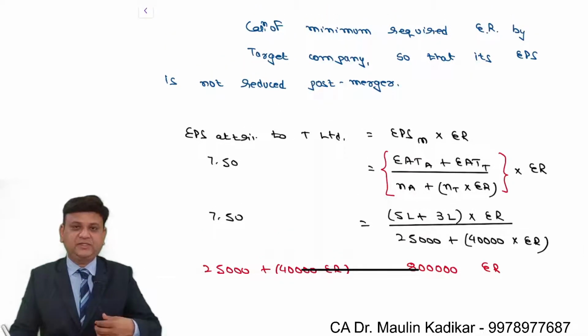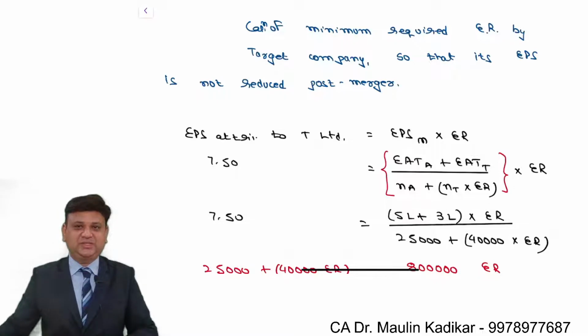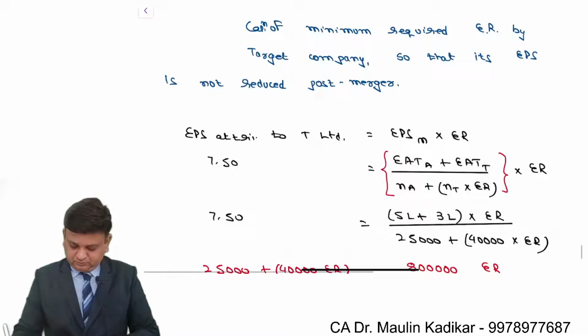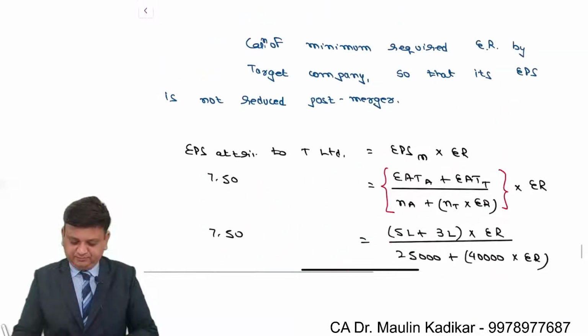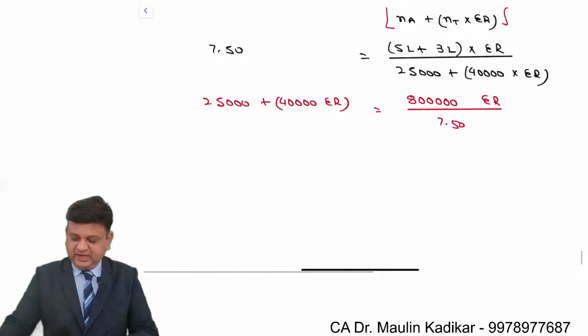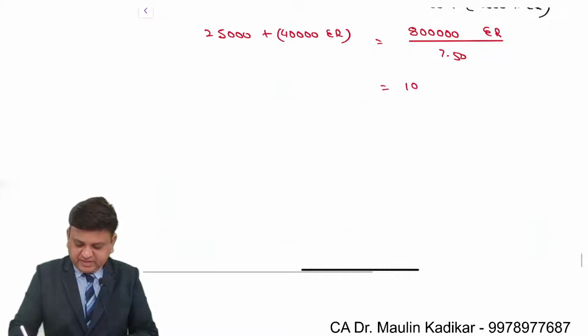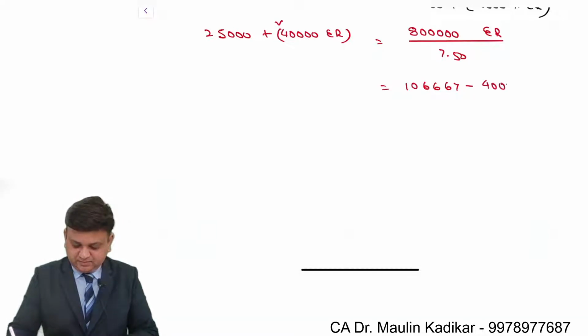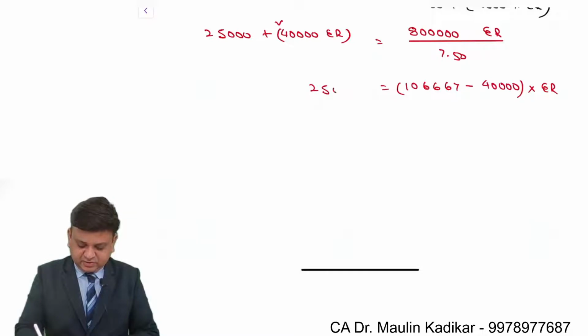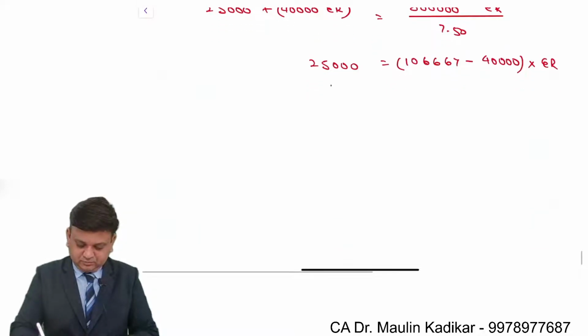I request all of you to take down the answer, and with this process we'll get the exchange ratio. So now we understand that 8 lakhs divided by 7.5 comes to 1,06,667. This 40,000 exchange ratio is transferred on the opposite side, so it is deducted, and exchange ratio is common, is equal to 25,000. So exchange ratio is equal to 25,000